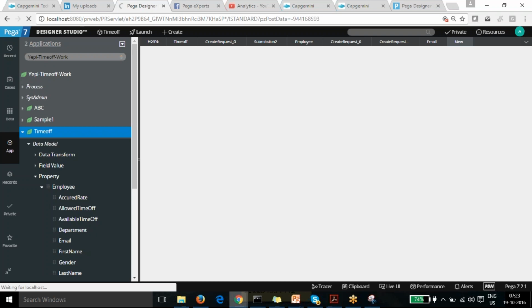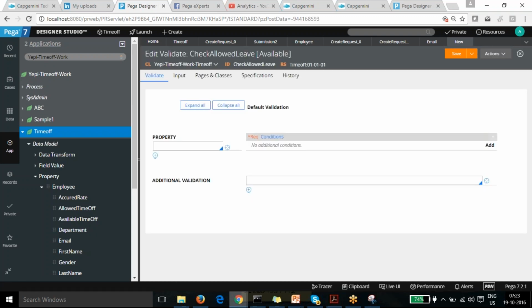I mean, it should be the other way around, right? The allowed leave should not be more than the accrued leave, right? Yeah, actually, you have total leave. Accrued should not be more than allowed, right? Like you have allowed 20. Oh, okay, got it. So you should not get more than 20 leaves.